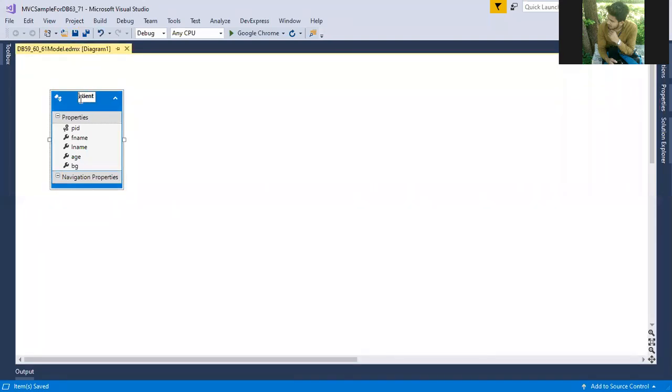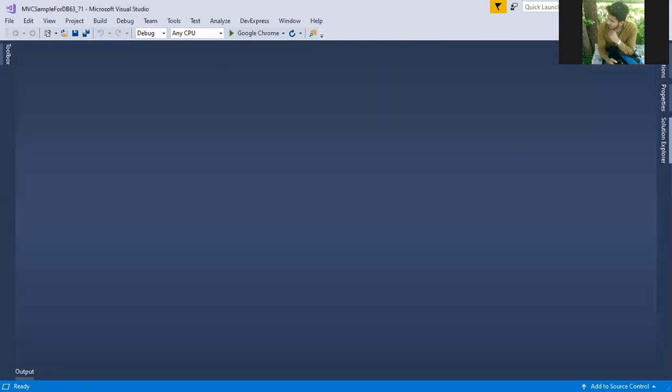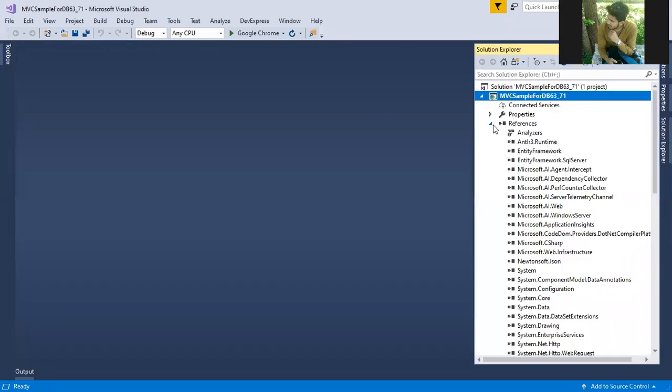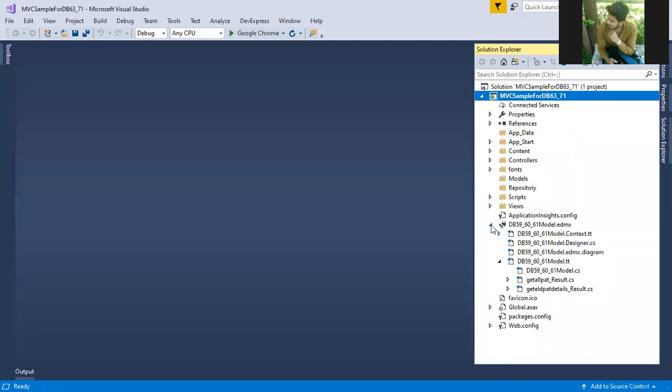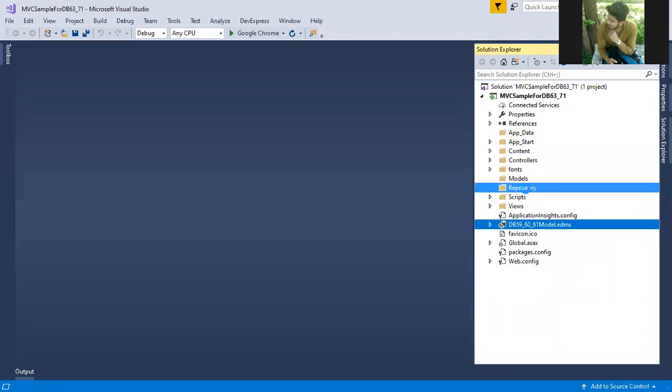I don't know why it is not changing. Okay, so let me go back. Now what I will do here is see this EDMX file got added over here. I'll just place it inside the repository.